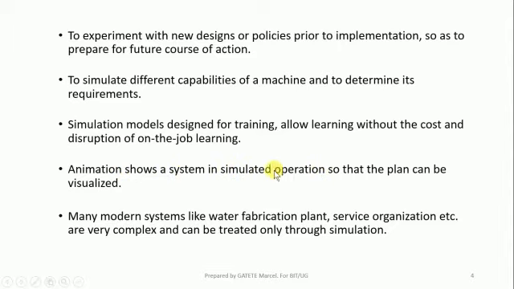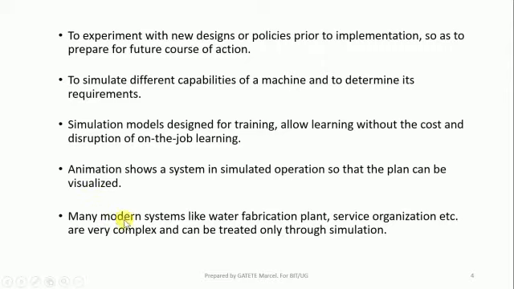We can simulate people. In animation, we simulate people, and we show actors playing in a movie, but in an animated manner. For example, you draw a person. After doing it, you animate him. You give him movement and sound. He can talk. He can jump like that. This is also an animation.